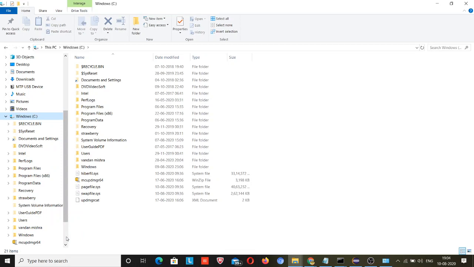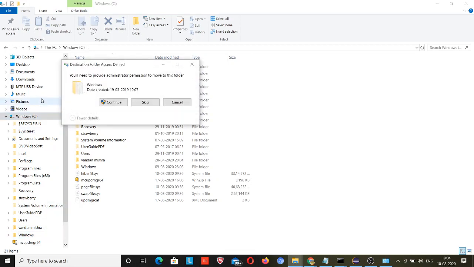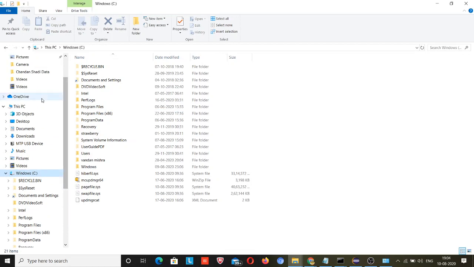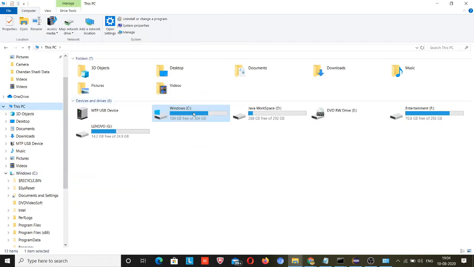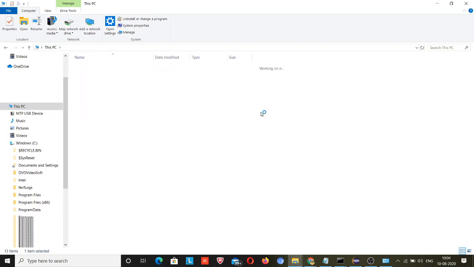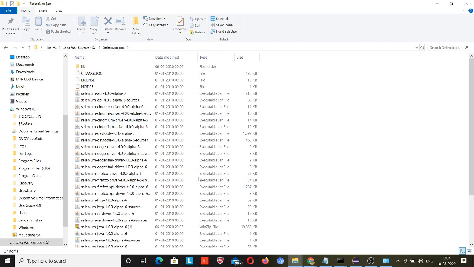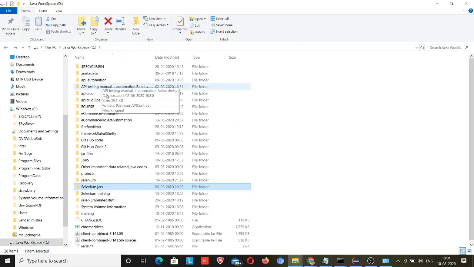Let me show you. I am giving everything in detail. I have a Selenium jars folder like this, but these are not the actual jars.